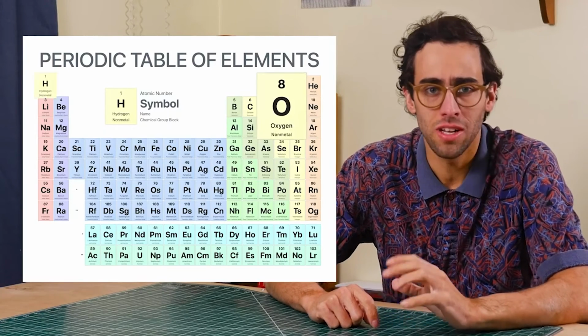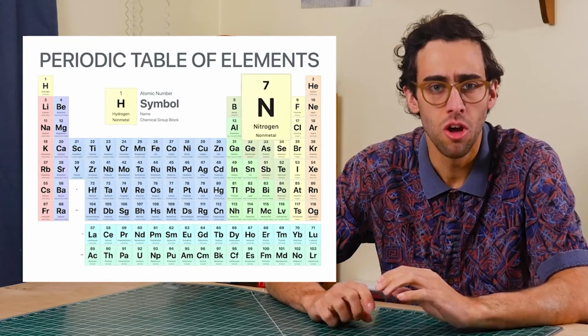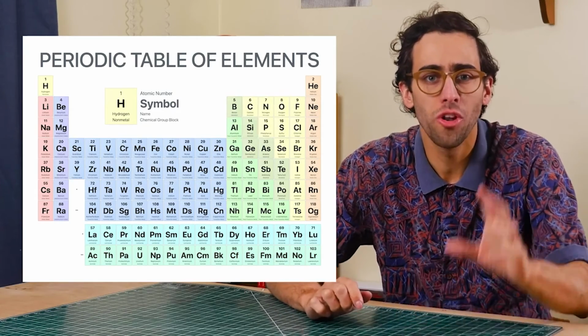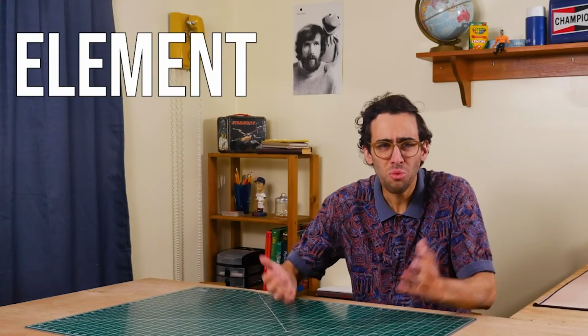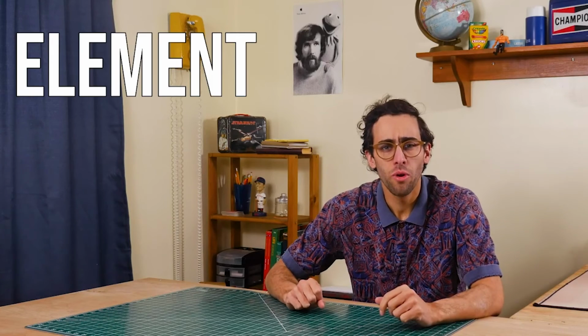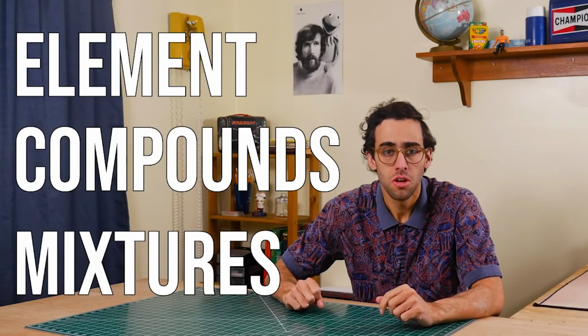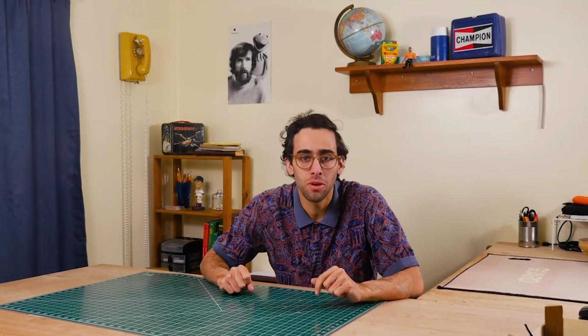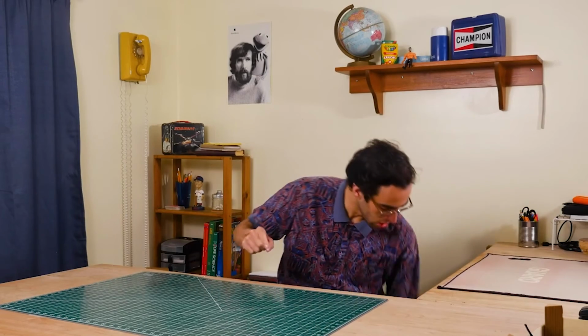Here we have oxygen and hydrogen, carbon and nitrogen. All of these ingredients are called elements. Now you may have heard this word before, element, but what does it mean? And what are compounds and mixtures? Well, I have an easy way to help you understand it. And we use